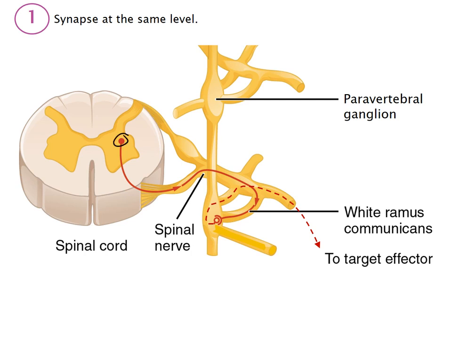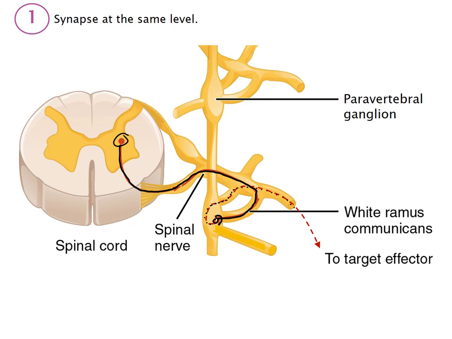Here is a cell body of a preganglionic sympathetic neuron. It's sending out its axon through the ventral rootlets and ventral root, onto the spinal nerve, and finally onto the white rami communicans to enter the sympathetic chain. Once in the sympathetic chain, the synapse occurs at the same level. Here's the synapse, and after the synapse, the postganglionic fiber is sent out through the gray rami communicans, and it